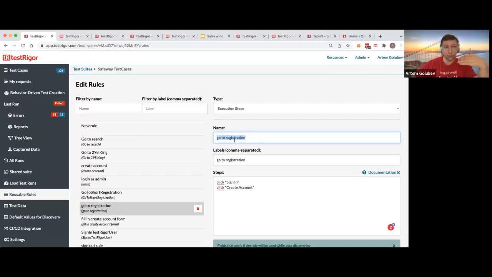I mean, in testRigor, you can use Gherkin, but you don't have to. It is a superset of Gherkin. So you can give those phrases exactly the same name as product managers have in their own specification. The way they talk about it, it encourages collaboration, makes your test cases easier to read and understand. And with those phrases available,